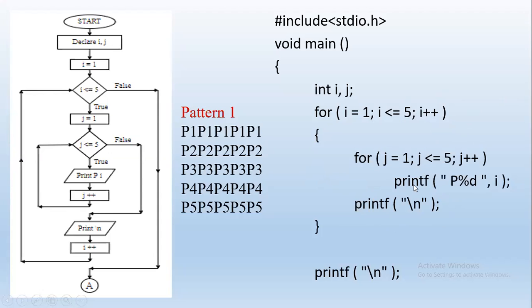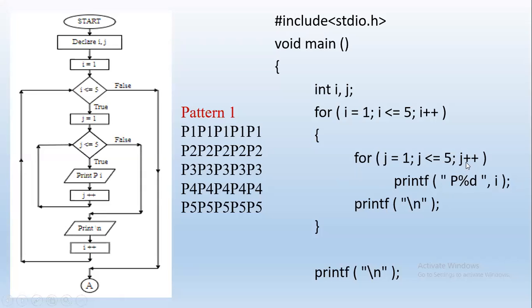Now we will enter into the for loop. Here we have one more for loop. Similarly, first initialization is done, so j equal to 1. We write that here, in case this condition is true, j is equal to 1. Then we are going to check the condition. j also works till 5, so j less than or equal to 5 is checked. If it is true, we are printing i.